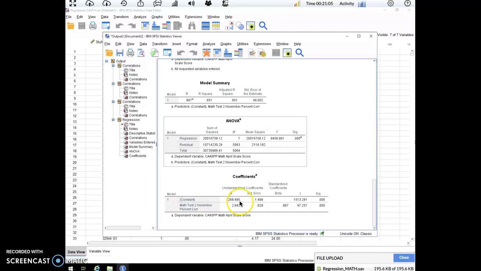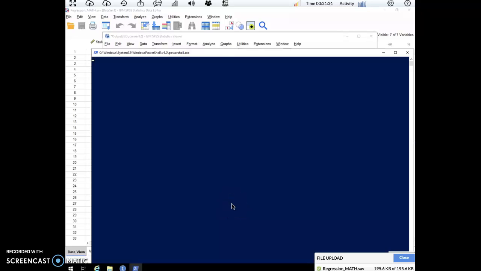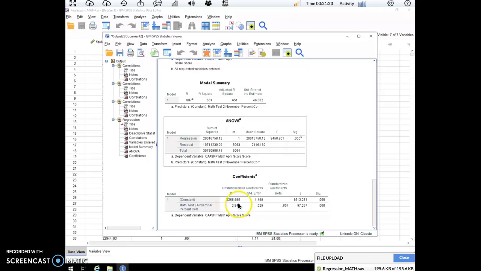Here we have the intercept right here. And the rest of the questions you can have filled in with the information in this table. You can see the unstandardized B slope here, the standardized slope here,